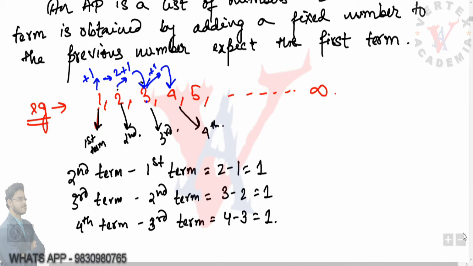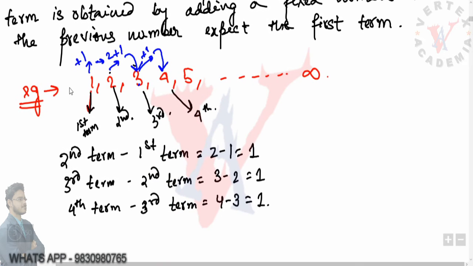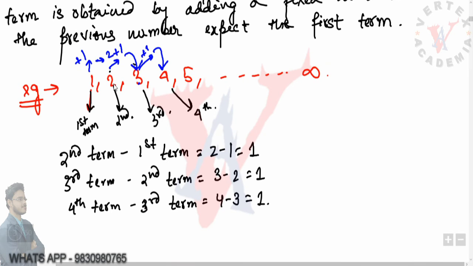So I hope this is clear, and what it means by except the first term, because before the first term there is no other term, so we cannot tell about the first term, because the sequence or the progression starts from the first term. So except the first term, we have to see from the second term. The second term is basically a number added to the first term, and the third term is basically the same number added to the second term. The fourth term is also that same number added to the third term. So I hope this is clear.